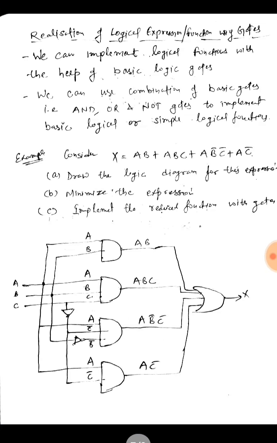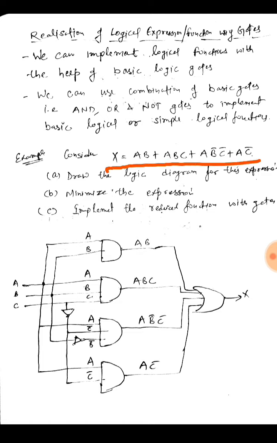Okay, now we can also realize or implement some logical function using the basic gates. So we can implement a logic function with the help of basic logic gates. We can use the combination of basic gates, that is AND, OR or NOT gates. We can also use the universal gates as well. So let us try to understand it using an example in which we are given a function x, which is